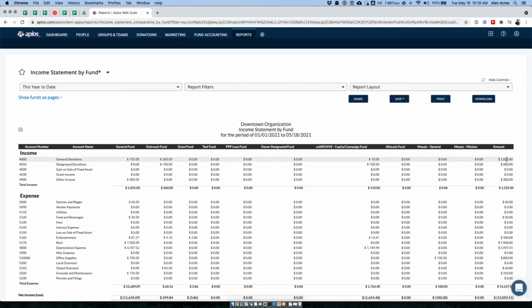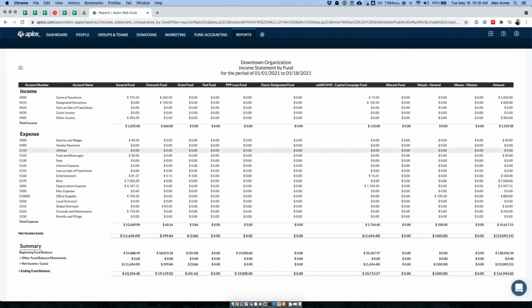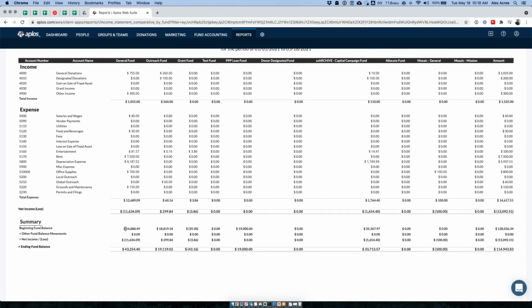So over on my right-hand side, this is the same income statement that I just looked at, but now each fund has its own column. So I can see how each fund is doing in terms of its income and its expenses. And then also down here at the bottom, it includes this fund balance summary section, which tells me at